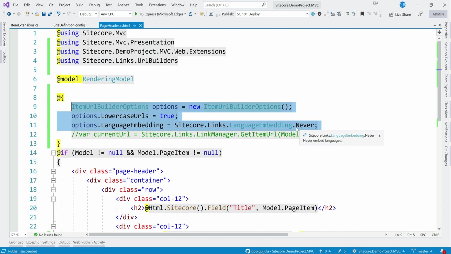And as I said, in later videos we will look at how we can customize. Maybe we don't want to follow the tree structure, maybe we want some other way to build the URL, removing the tree structure, or maybe directly about us will come. If it is deep down, maybe it will come straight under home. Something like that we will see when we are talking about item buckets.